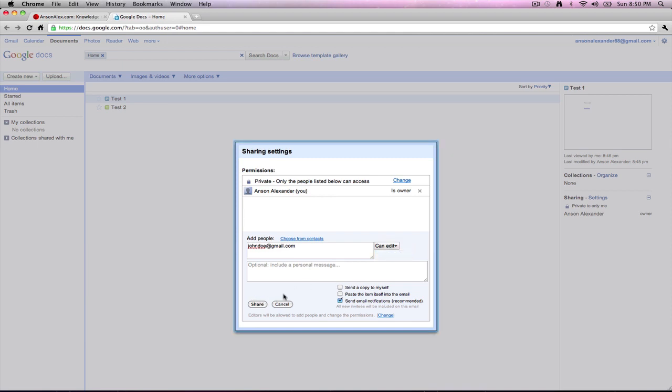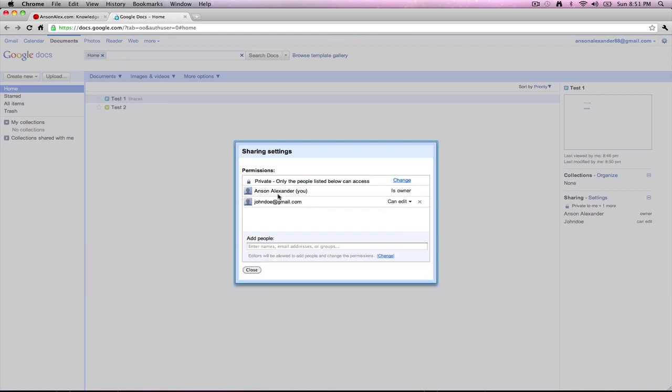Once I've done that, I can choose the other options down here. I could have a copy sent to myself. I could have the document actually pasted in the email. That's up to your discretion. But go ahead and click share, and then johndoe@gmail.com will get an email saying that a document has been shared